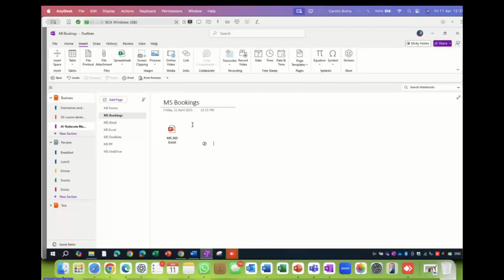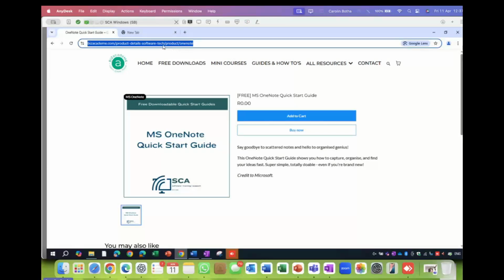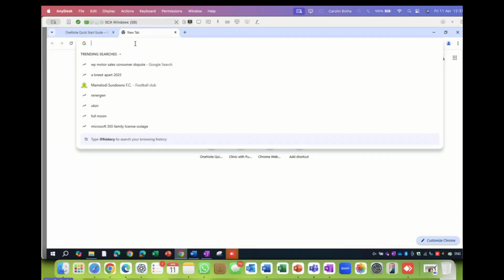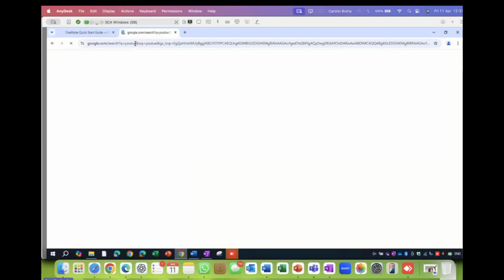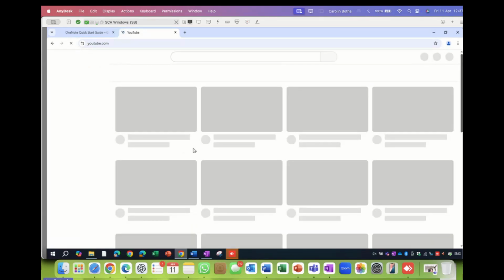I don't know what I wanted to say now, but in any case, let's go to the browser. Sorry about that, guys. So what I can do, I can use exactly the same that I've used for the screenshot. So I just go and grab this. No, I can't do that. Let's go to YouTube. That will get me in a lot of trouble because the link says an online video. I made nearly the same mistake before. So let's go to YouTube and just grab any video.